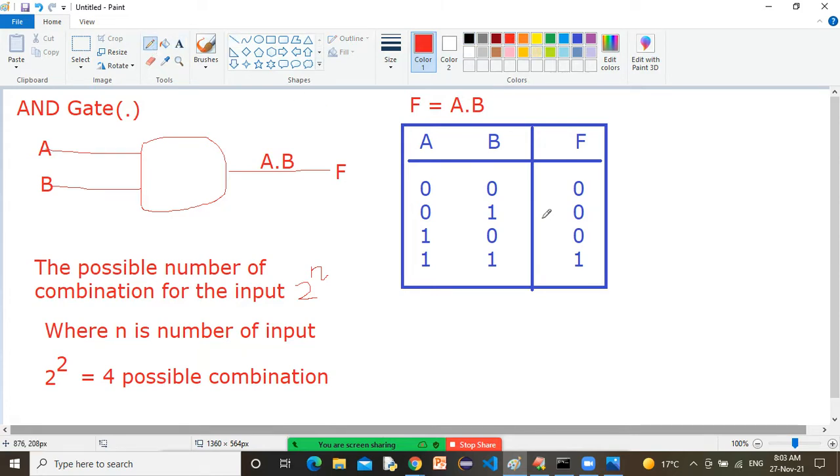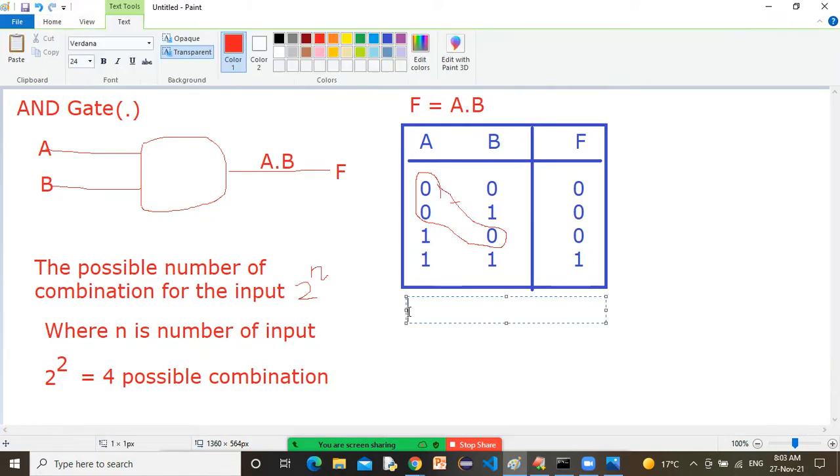In three cases, we are getting 0. That means what? Look at what you can write: if any of the input is 0, the output is 0. Another way you can write it: if any of the input is 0, where 0 is also known as low,